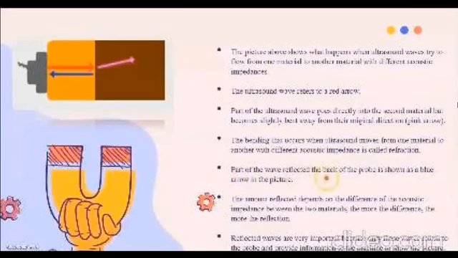Part of the wave is reflected back to the probe, shown as a blue arrow in the picture. The amount reflected depends on the difference in acoustic impedance between the two materials. The greater the difference, the more the reflection. Reflected waves are very important because only these waves return to the probe and provide information to the machine to